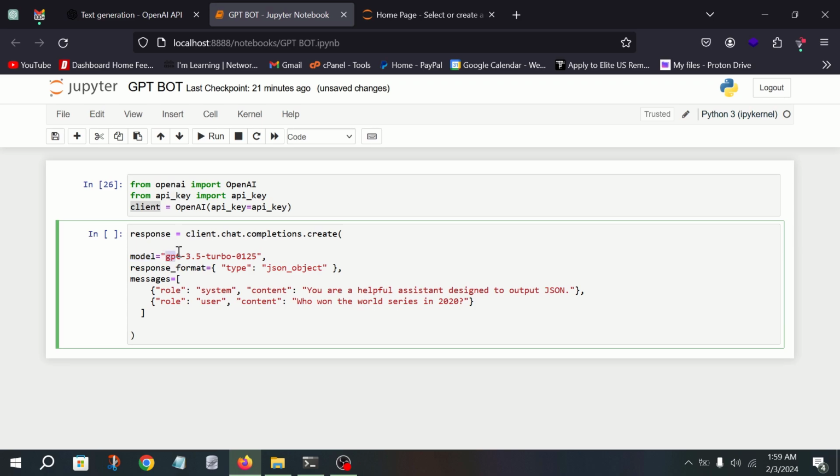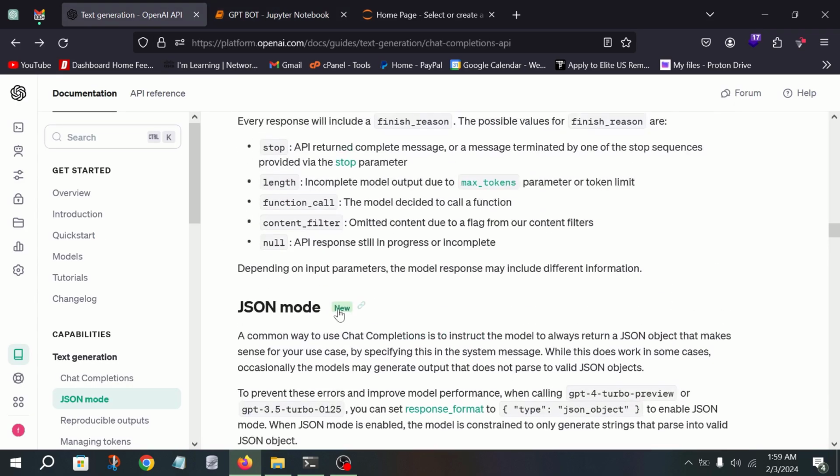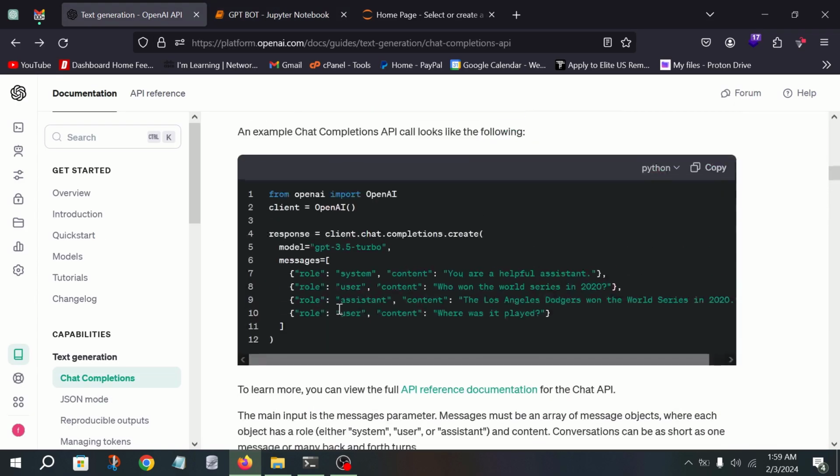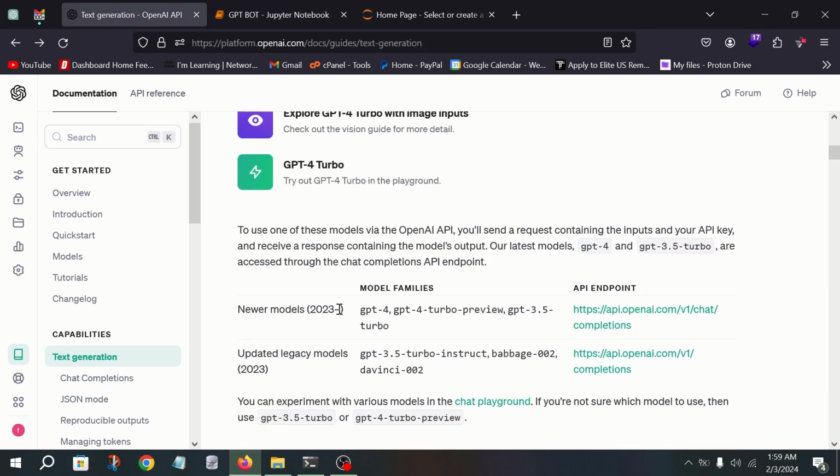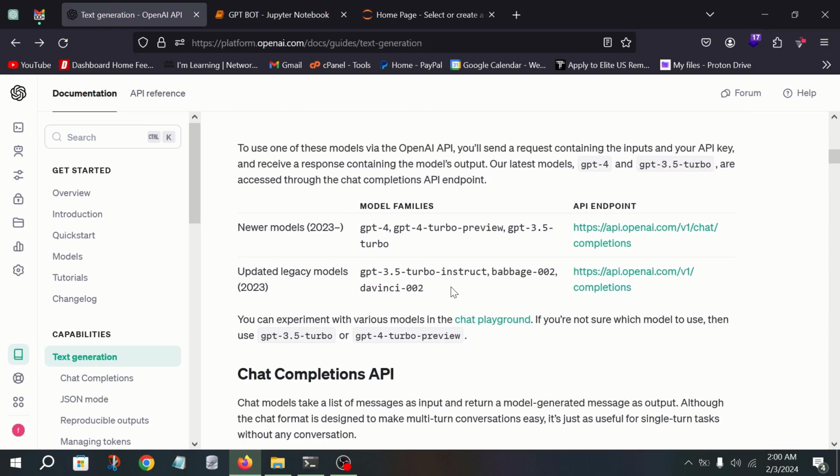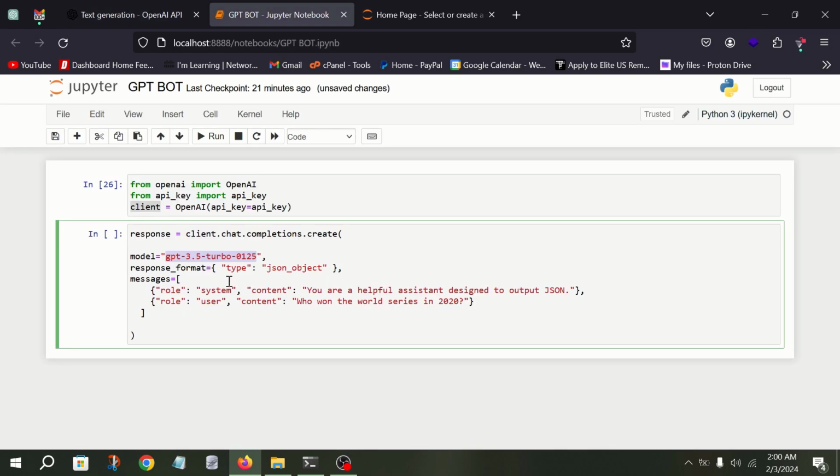Model is where we define which GPT model we will be using. There are lots of models, we can see it here. In the documentation you will see newer models, these ones. GPT-3.5 is free, and the paid ones are GPT-4 Turbo Preview. So we are using the free one. Here is the model,